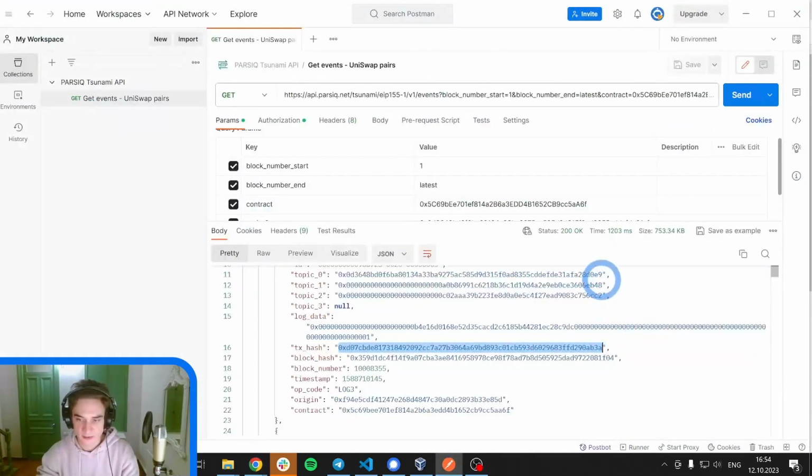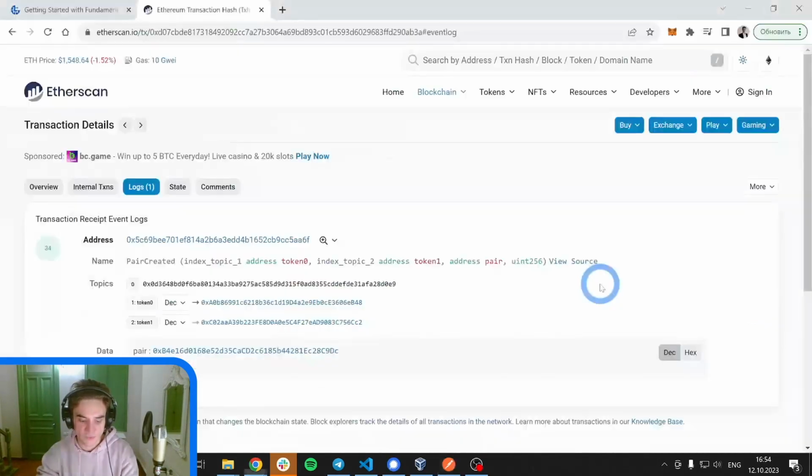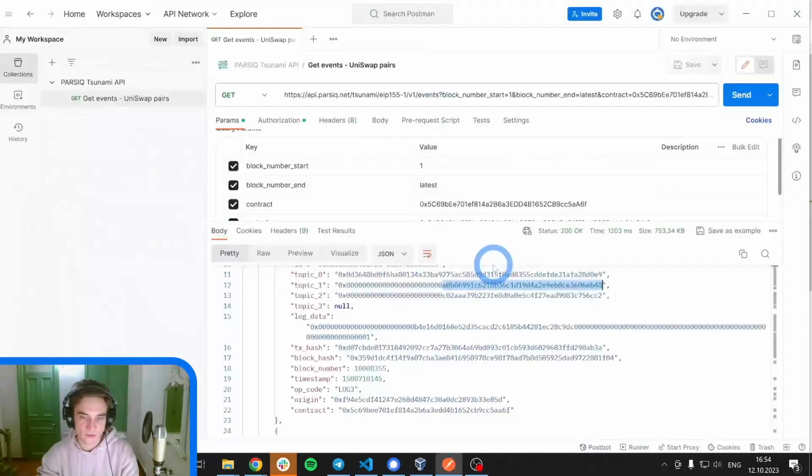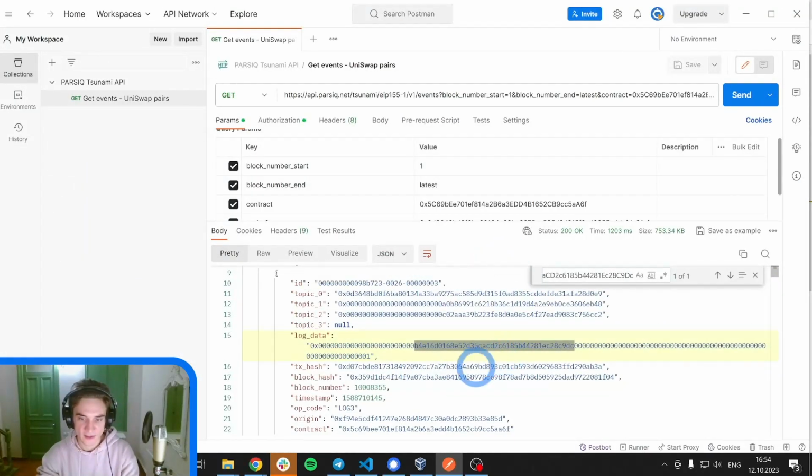And we'll see that we are talking about the same pair of the tokens, right? And also we will see the same address of the contract of the pair that was created. We can find it right here in log data, also with some trillion zeros and some additional data here, since the data is raw.